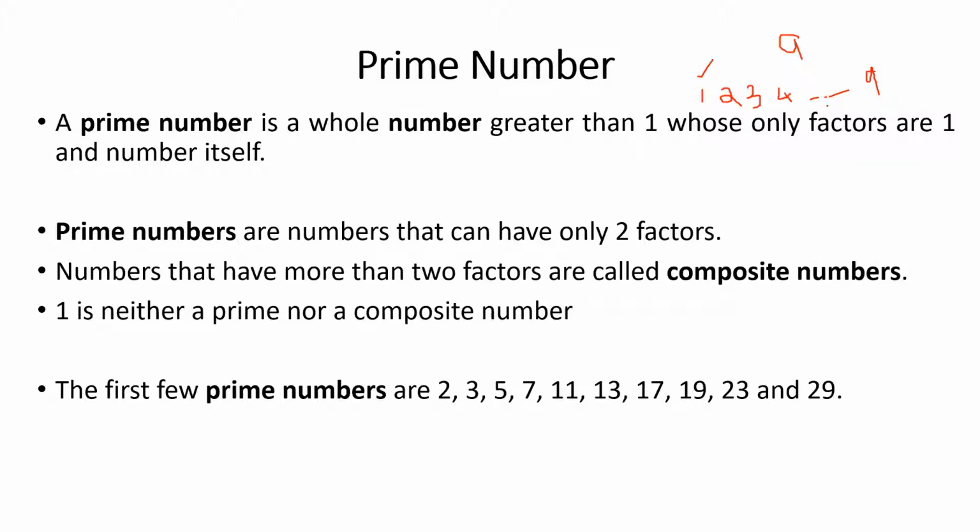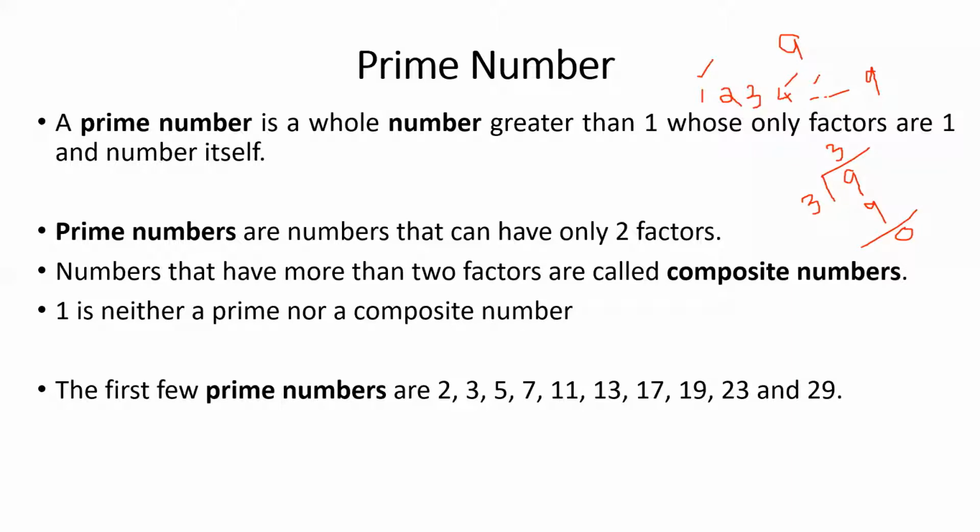Okay, so here you should see that if any number gives remainder as 0, then that number is a factor. Here, when we divide by 2, the remainder is not 0. But when we divide 9 by 3, how many times will 3 go in 9? It will go 3 times, so the remainder will be 0. That means 3 is a factor of 9. When we try to divide by 4, it gives a remainder of 1, so it is not a factor.